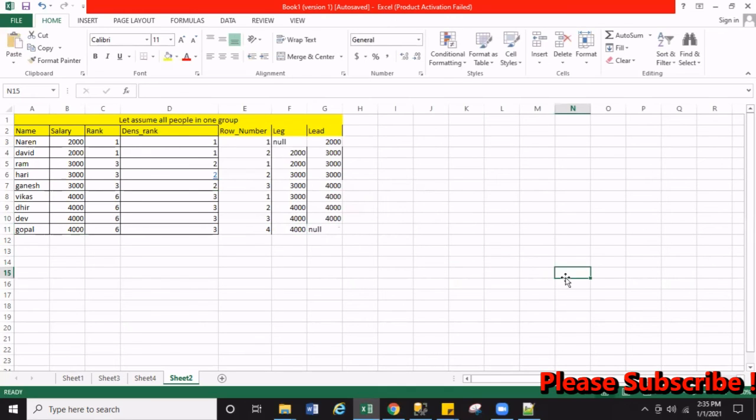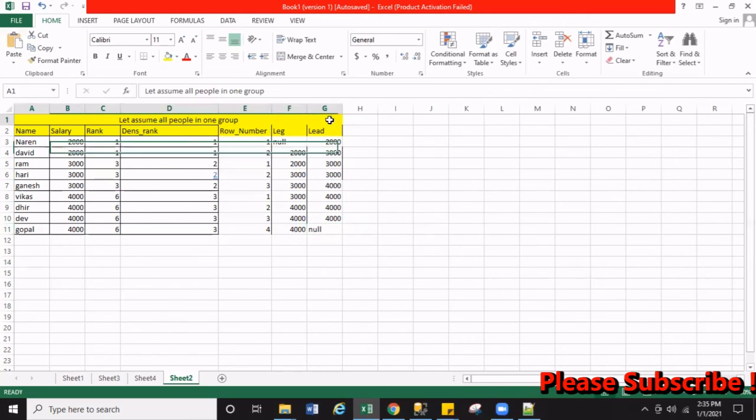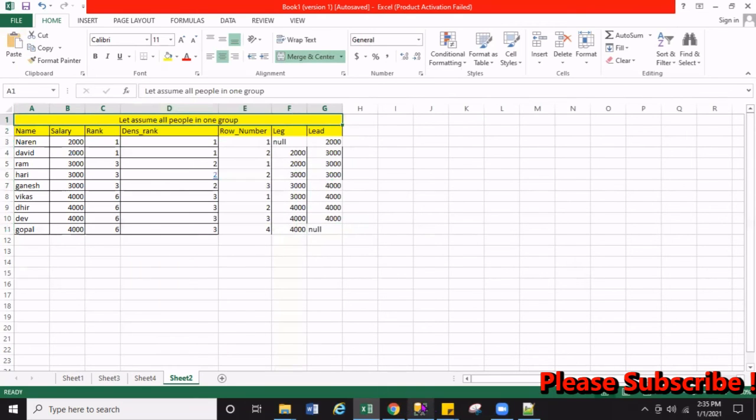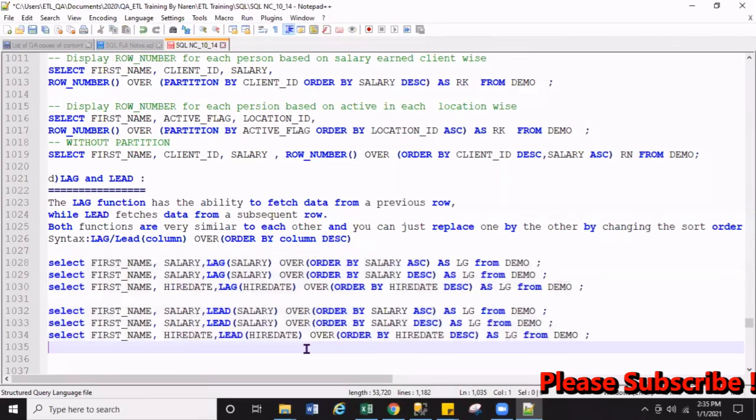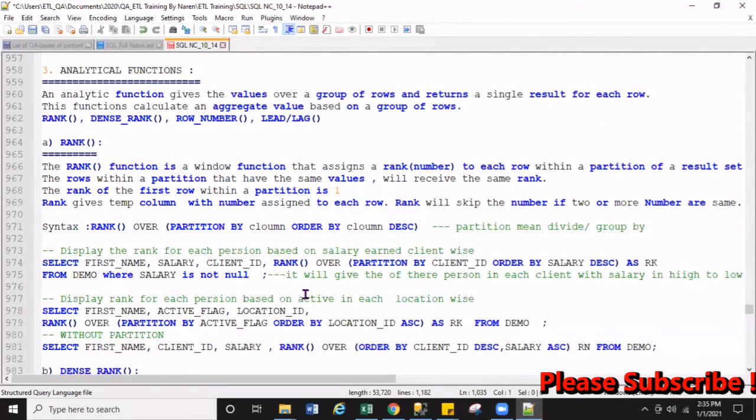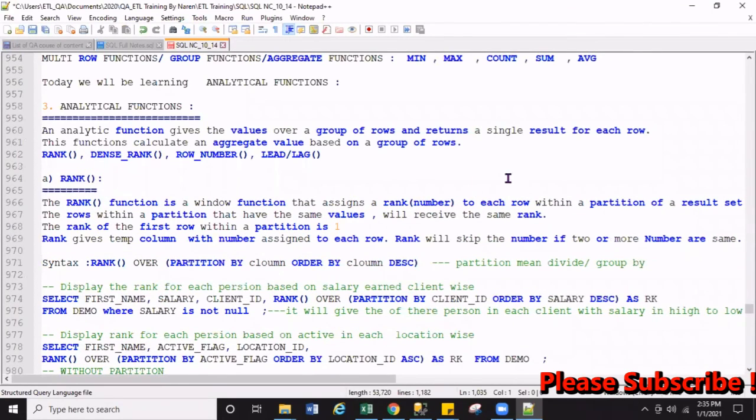See that? So basically, it's exactly opposite. For lag, you see null and 2000, but for lead, null and the highest number from them. So this is lag and this is lead. So the lead function, lag function, row number, dense rank, rank. I hope you guys understand all those things. Okay, let's quickly recap what you have learned. We have learned analytical functions. Under this, we have learned the rank function, dense rank, row number, and lag and lead functions. I hope you guys understand.